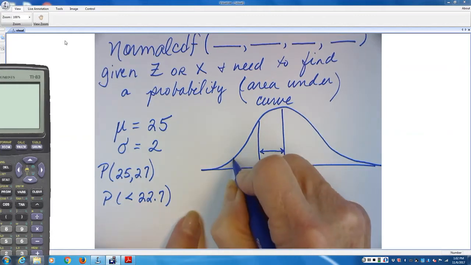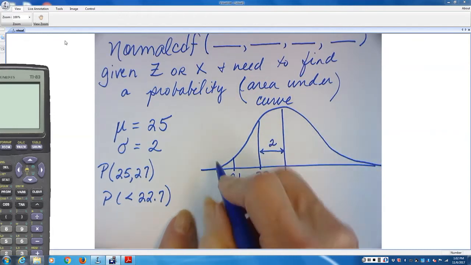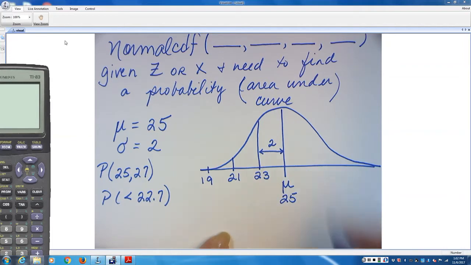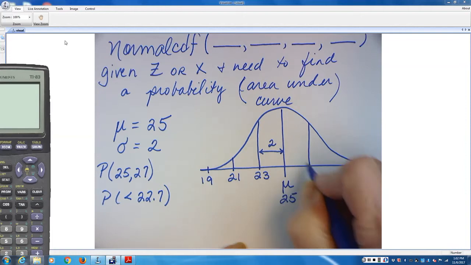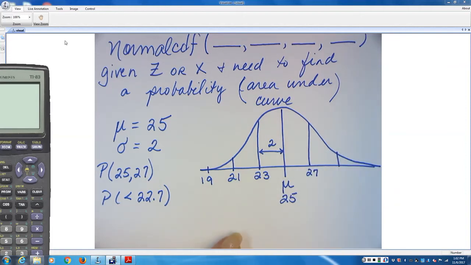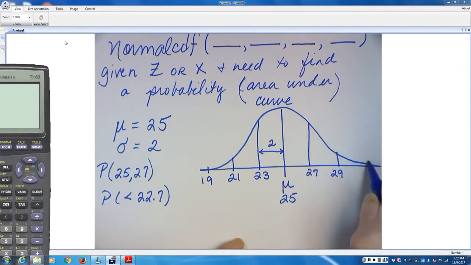If I go down one more standard deviation, I'm at 21 minutes, and one more, I'm at 19. If I go up 2, that's 27 minutes. I'll go up 2 more, another standard deviation, that's 29 minutes. And one more standard deviation, which is 2, I'm going to be at 31 minutes. And just a review of what we should know,